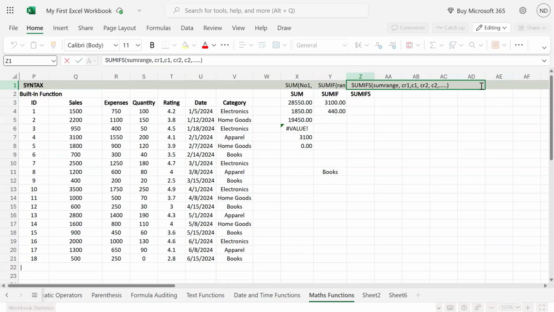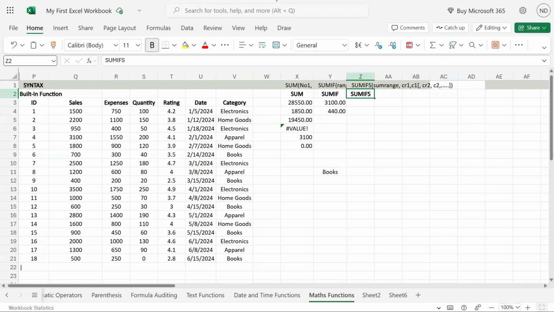Now you need to understand that the next criteria are optional. So you can use it as a SUMIF or SUMIFS both. You can have a single criteria or you can have multiple criteria. So you need to have the sum range, the criteria range CR1 and the criteria that you need to specify, and you can have multiple criteria. You have the sum range for which you need to sum the entire value, the range that is to be tested, that is the criteria 1, and subsequently the criteria 2,